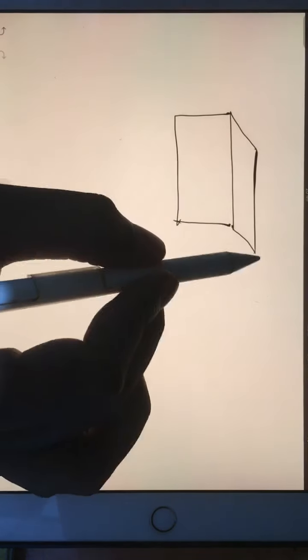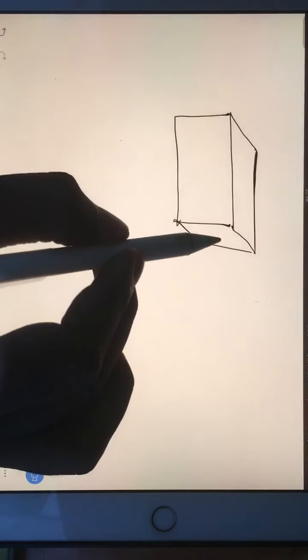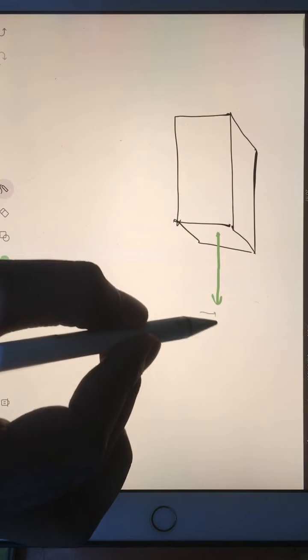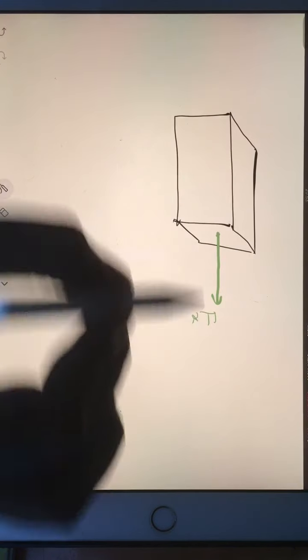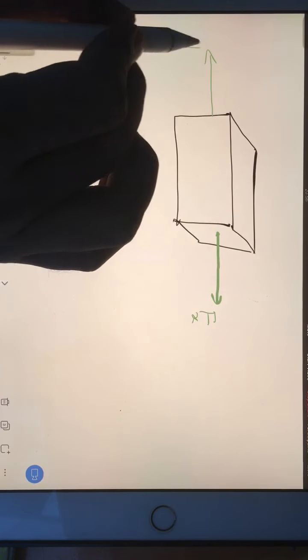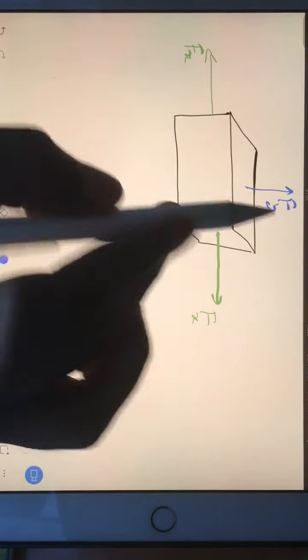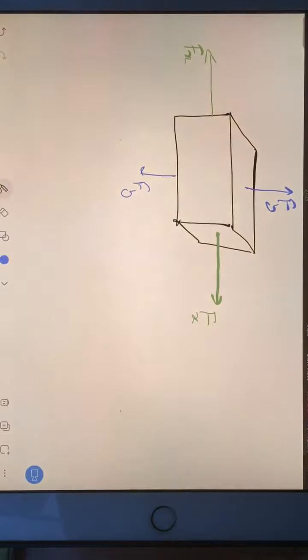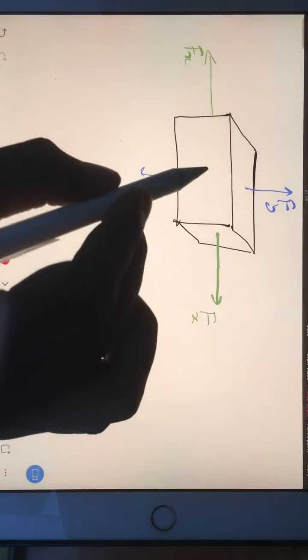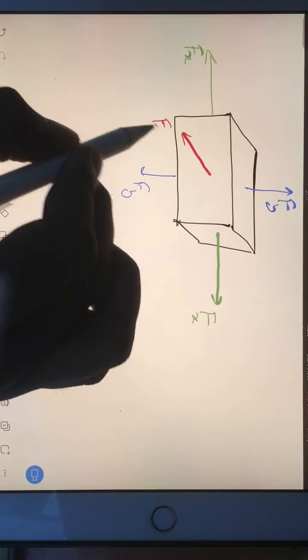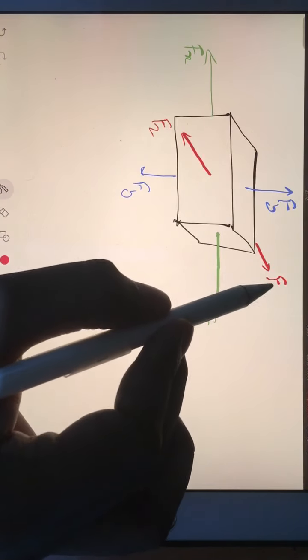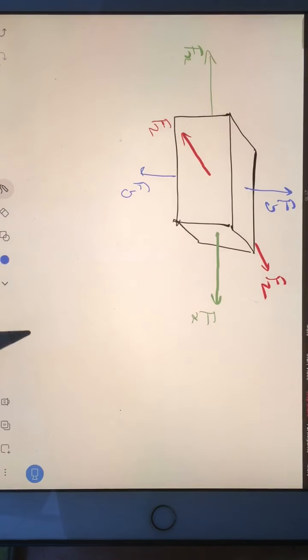Now suppose you have an object. Draw this diagram on your page. Here you apply force F, Fx, because we are applying force in x direction. Then here you apply force Fy, and then in another color, I am taking red color, apply force like this. This is Fz, and on the backside also Fz.